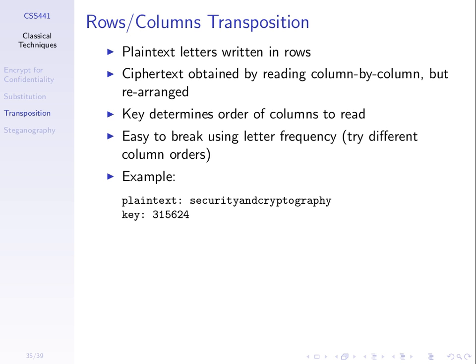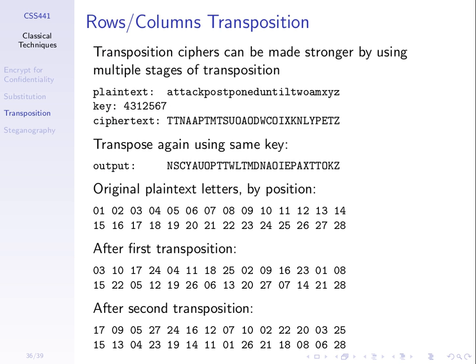Okay, so let's look at how we can use the ciphers multiple times to add security. The next example tries to show that. Let's explain it. What I've done in this case is I have a plain text: attack postponed until 2 a.m. XYZ was just some padding at the end. That was my plain text.